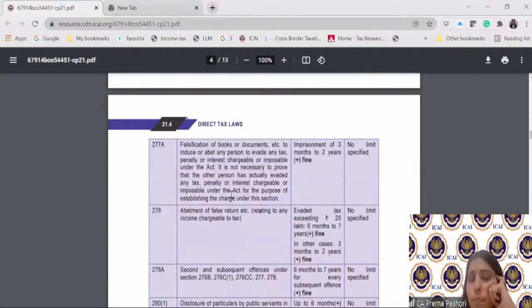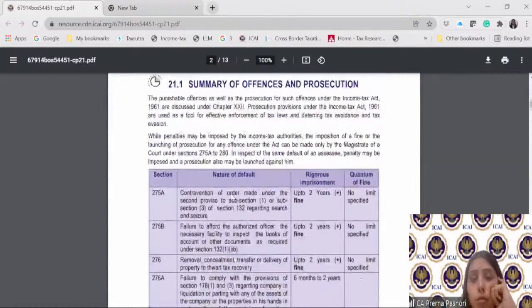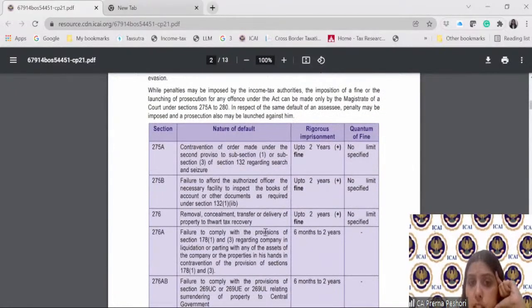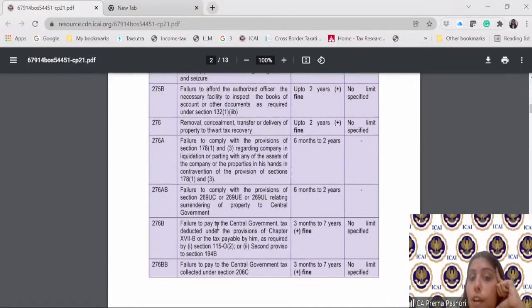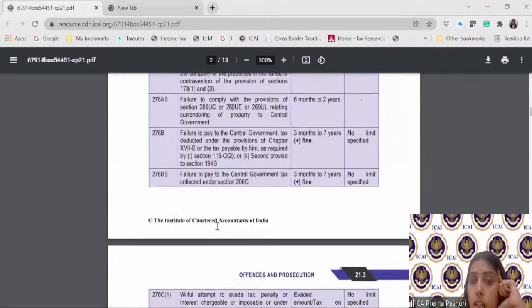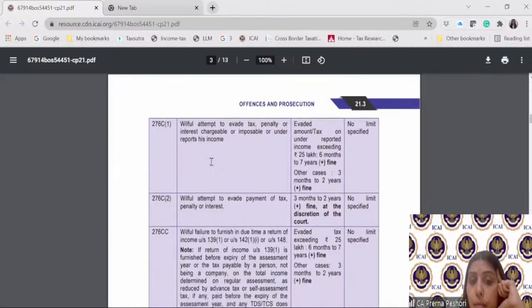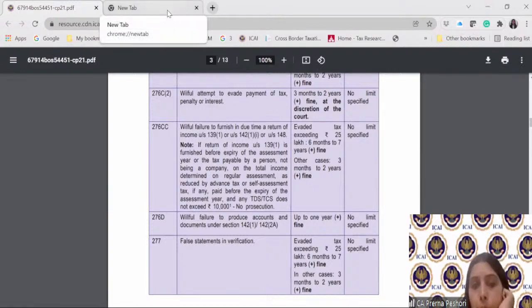So you have to remember only these many, what I discussed so far with you, which you can mark also in your module. One is with the search cases. This is not very important. What are very important are failure to pay the tax, TDS, failure to pay the TDS, then underreporting of income, failure to furnish the return of income under 276CC, failure to produce accounts under 142(1). So these are the most important ones which you have to remember.